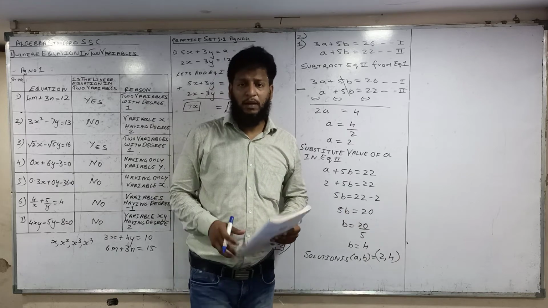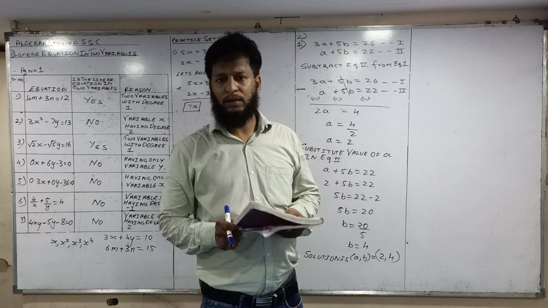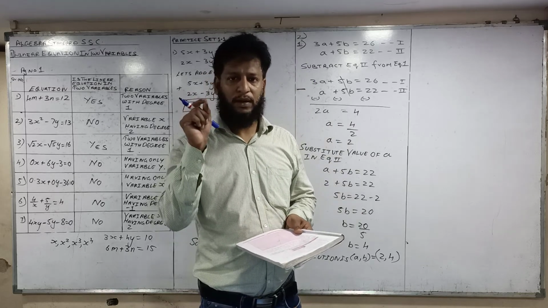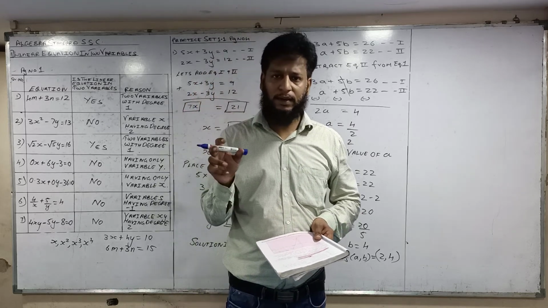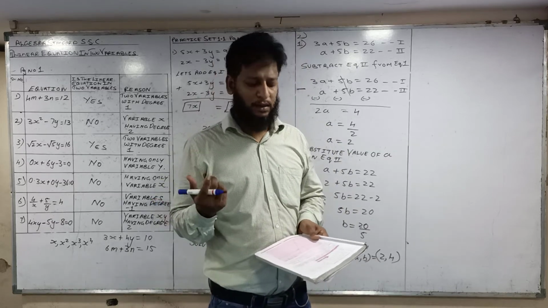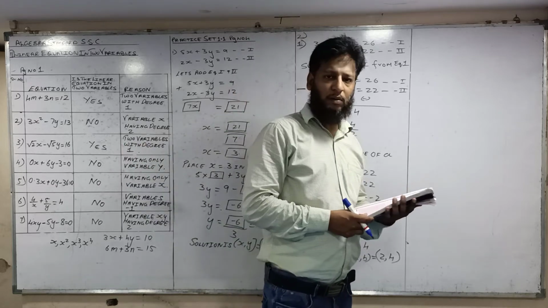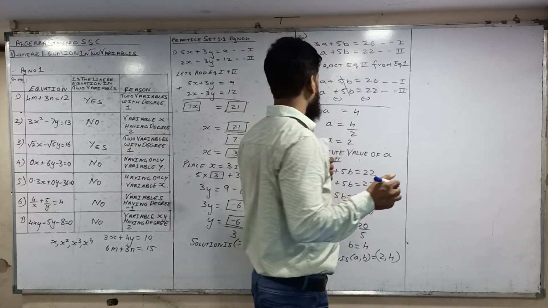In each sum we have to find out the variables. To find the variable, we have to make one variable equal and cancel that variable. After getting one variable, you substitute it in any equation, and you will get both the variables. Now we'll do the second sum.